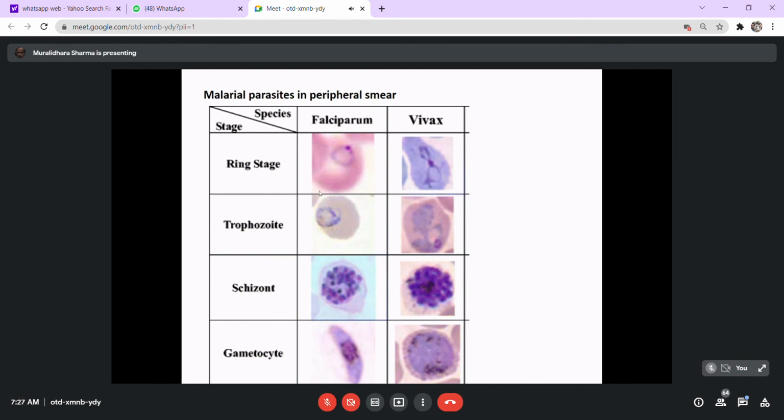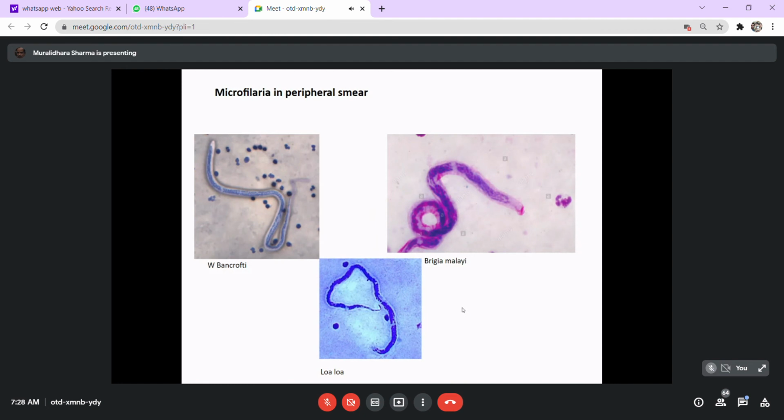Of course, by just looking at the shape of these artifacts, these are called artifacts, we can conclude whether it is falciparum or vivax. In falciparum, the ring will be a perfect ring, whereas in vivax it will be somewhat irregular shaped, somewhat star shaped. And in the schizont stage, vivax will have more dye accumulated. Gametocytes of the vivax would be somewhat globular in shape, whereas falciparum will be elongated. So based upon that, we will make the diagnosis based on what you see as the abnormalities of the RBC shape. Similarly, the microfilarial